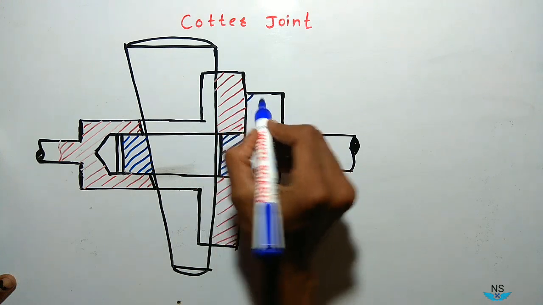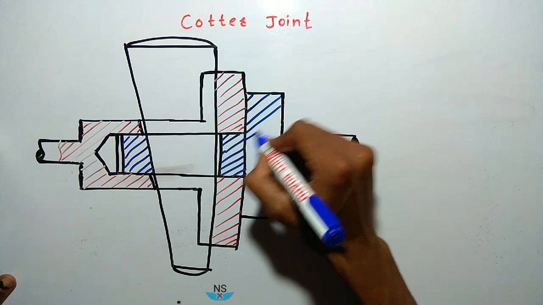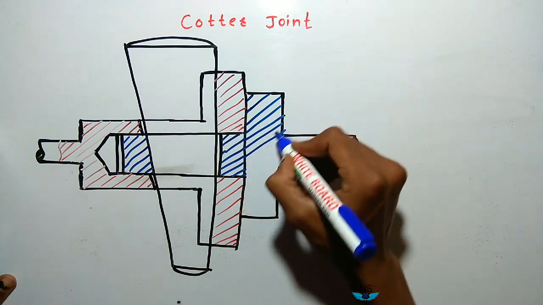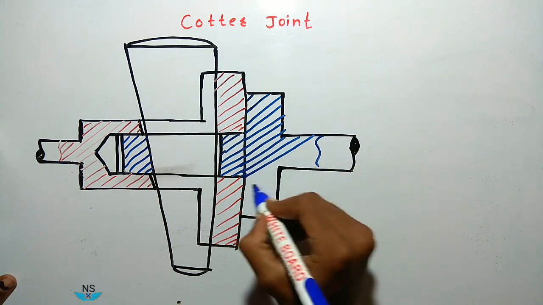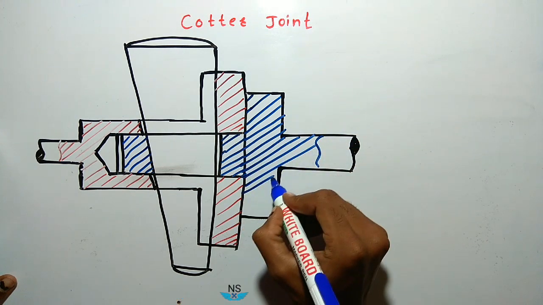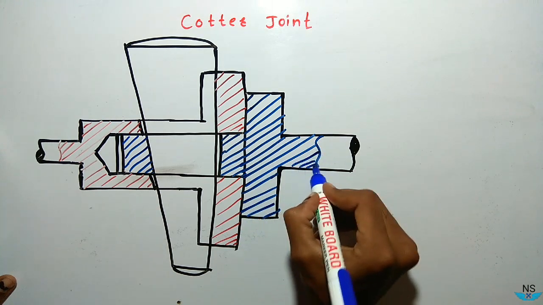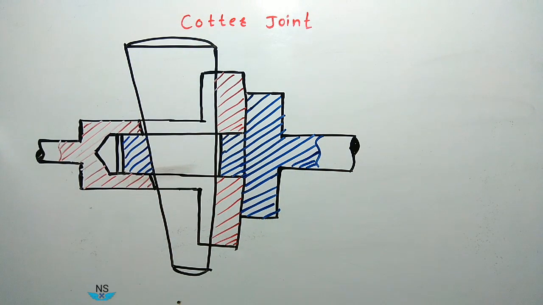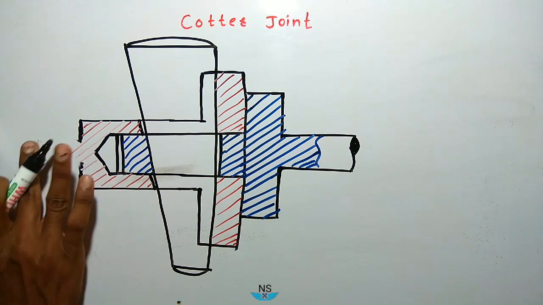So this is the spigot. This is the spigot and quarter. Now let us see the dimensions. So this diameter,